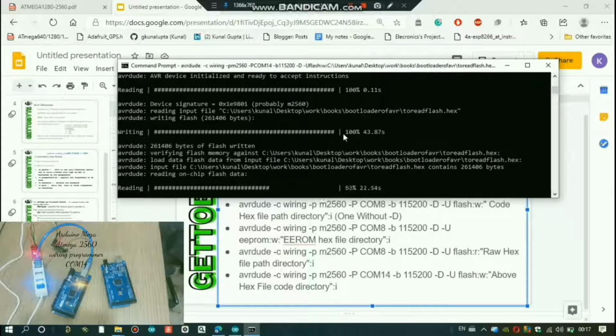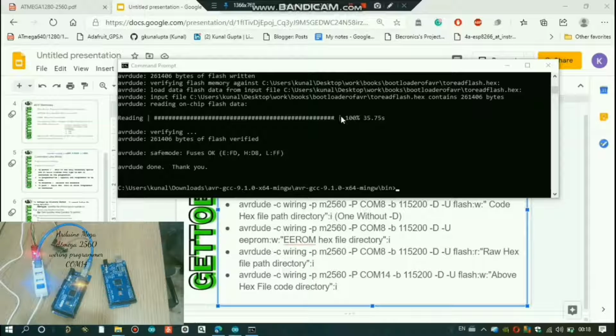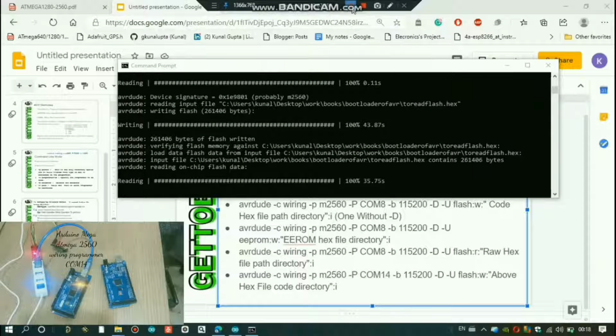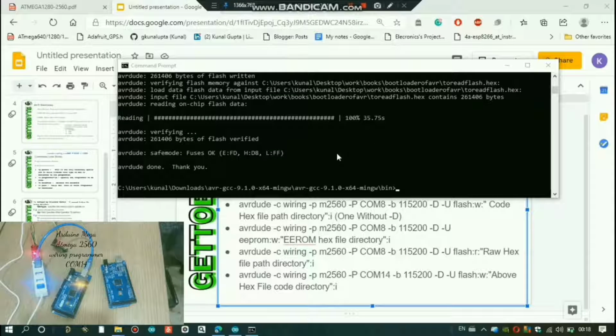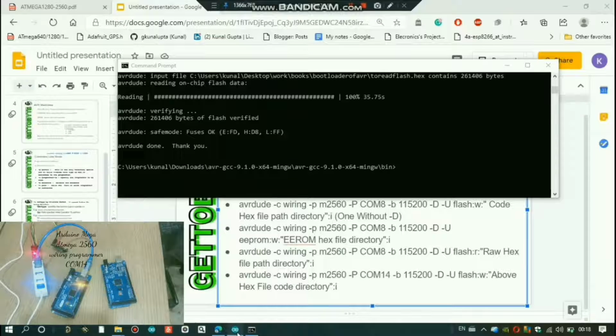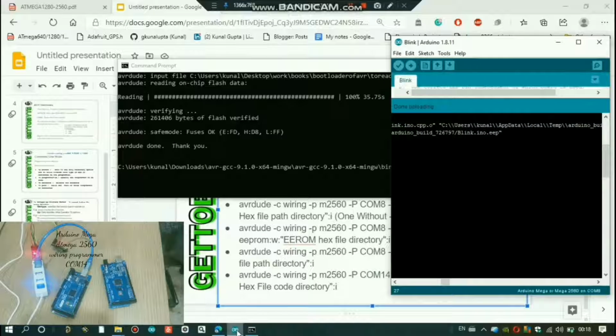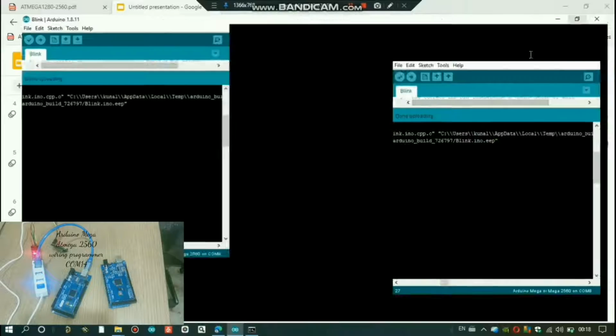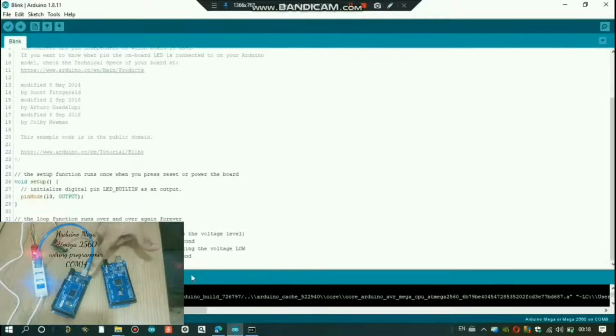That thing just takes some time. Okay, so now my code is uploaded and you can see it is blinking. Oh, it's not. Yeah, okay, so guys, I'll tell you why it's not blinking. The code which I uploaded on this microcontroller from the blink sketch, in that I have written both the pins low. So that's why it is not working.